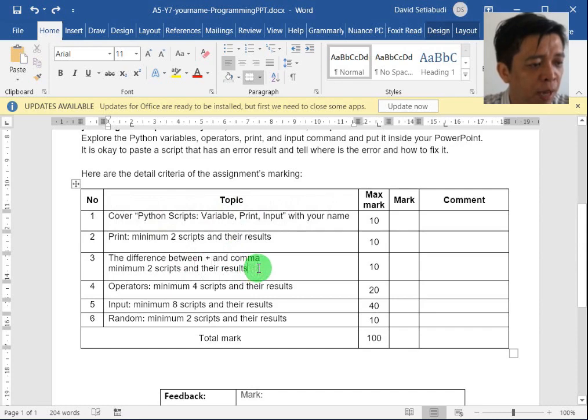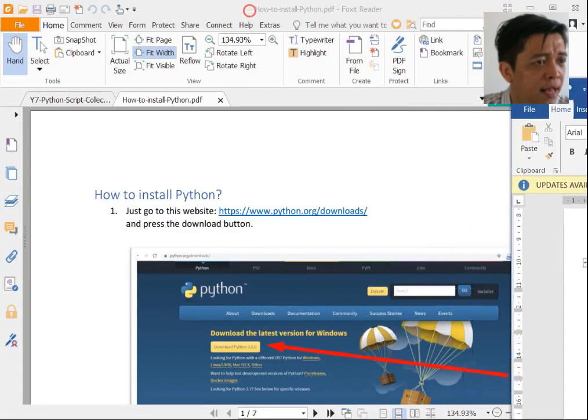And the difference between plus and comma, operator, input minimum 8 scripts, okay, 8 scripts and their result, and also random minimum 2 scripts with their result. Now, this one is the assignment, and then